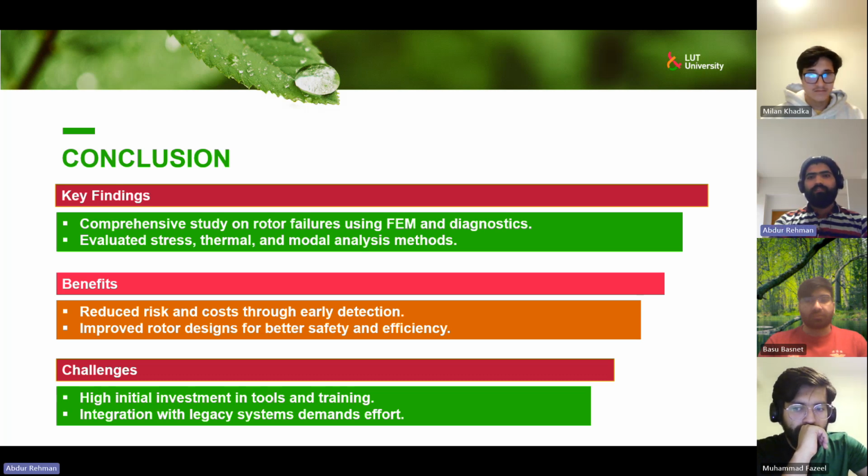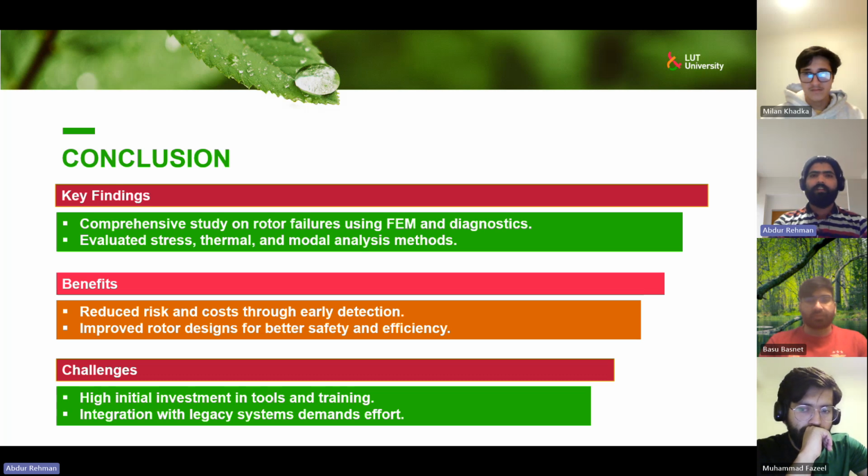Then comes the enhanced rotor design. The insights obtained have directly contributed to designing safer and more efficient rotors, significantly boosting operational reliability. And the cost effectiveness, which is that incorporating FEM reduced the dependency on expensive physical prototypes, thereby cutting down development and maintenance costs. Then it comes to the challenges we faced during the study of the rotors, and that is, however,